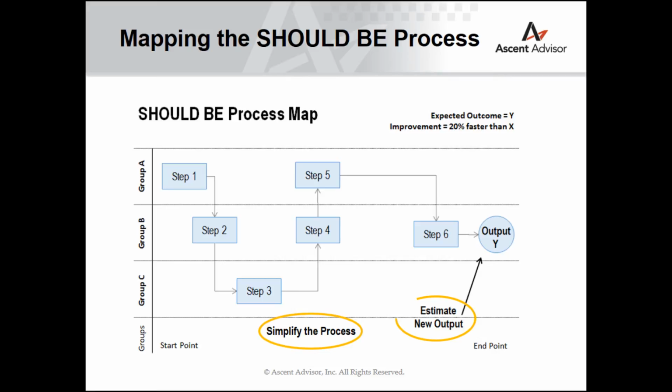As you map the should-be process, document the steps in sequential order with individuals or group who do the activities. This is not a time to clarify all the implications. As a facilitator, keep asking for a more efficient way to get things done, challenging the group's thinking to the very limit by asking questions.